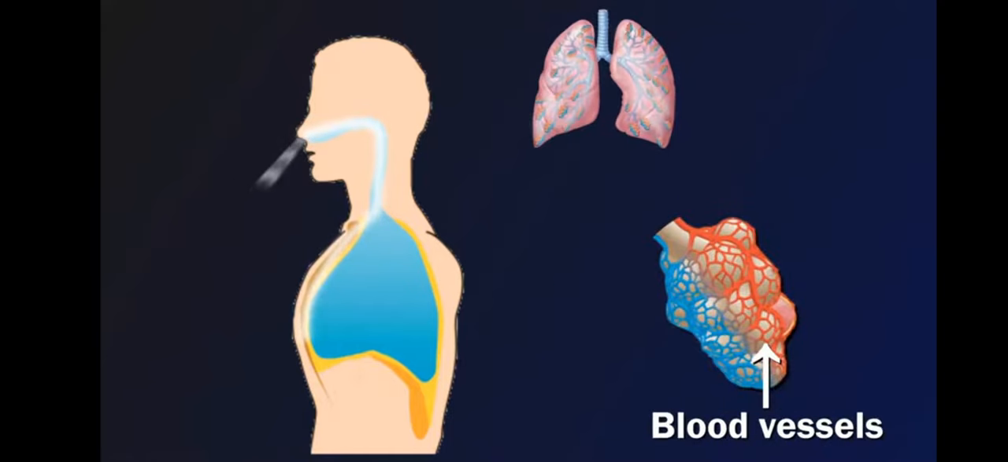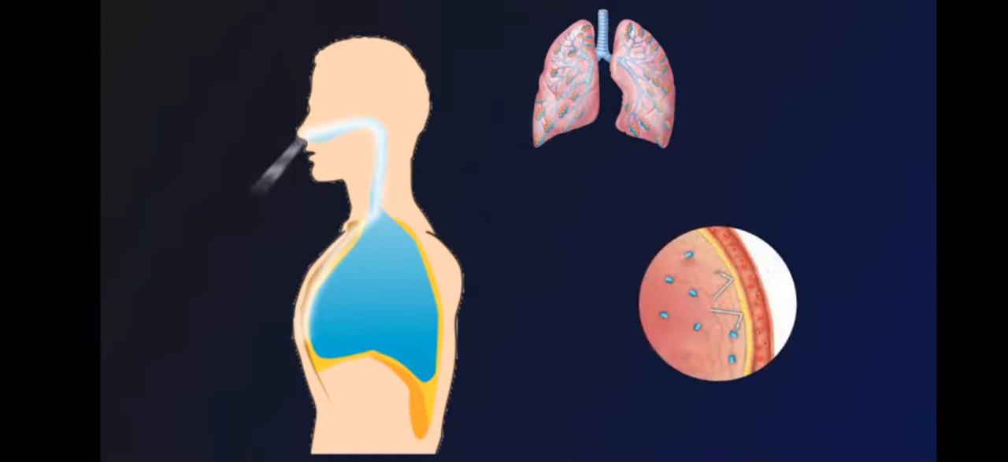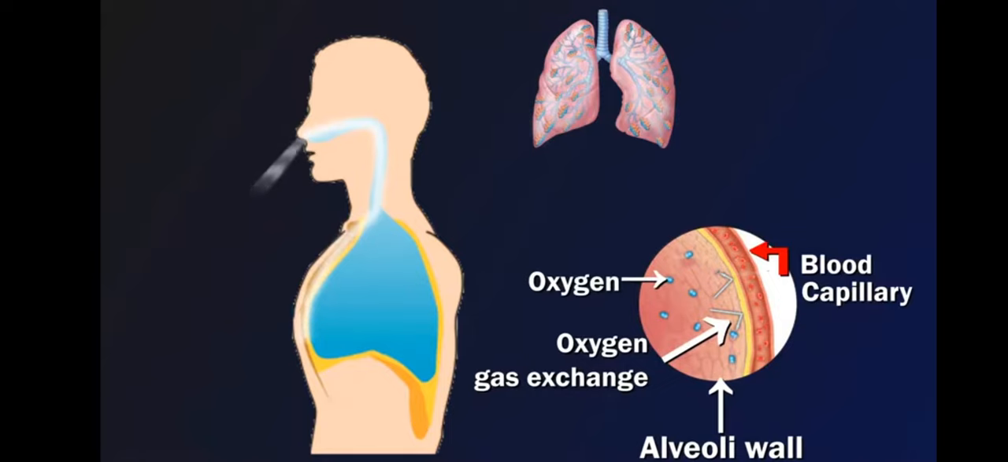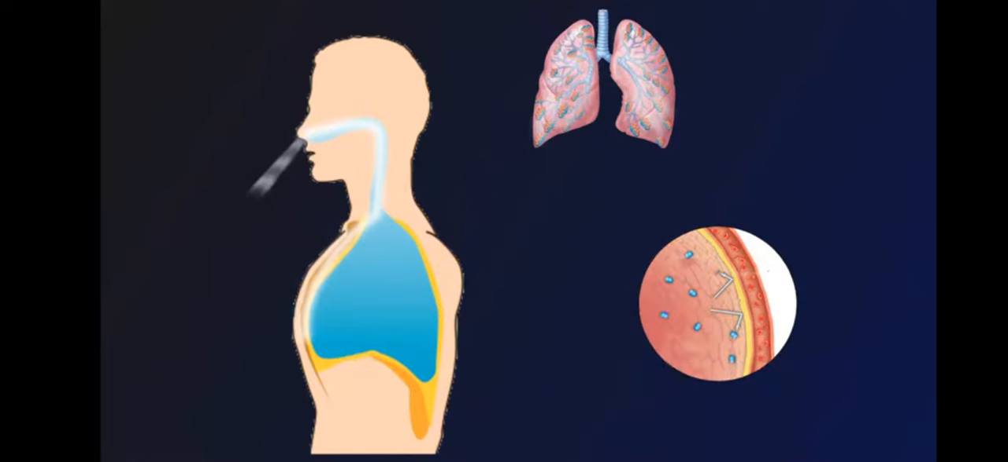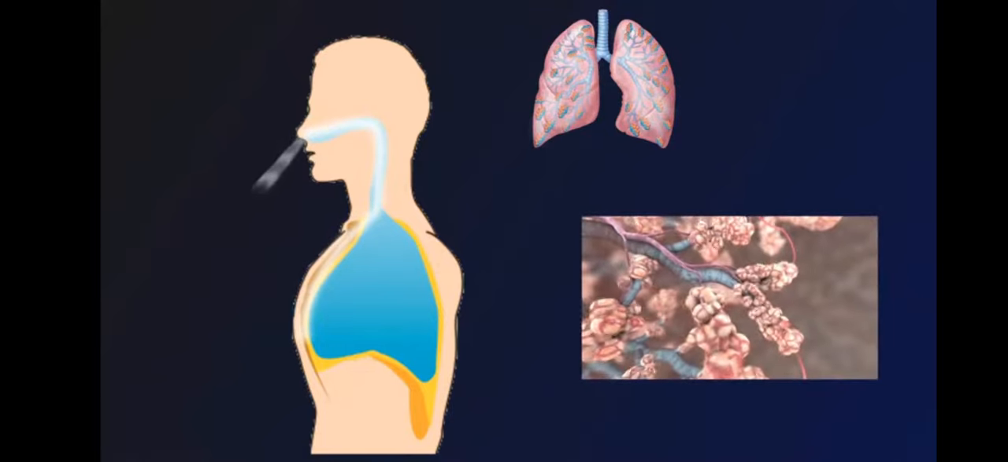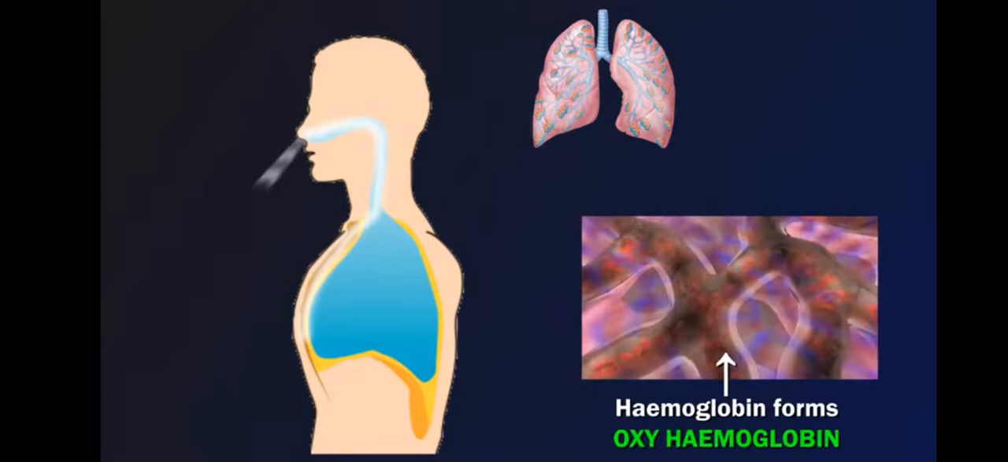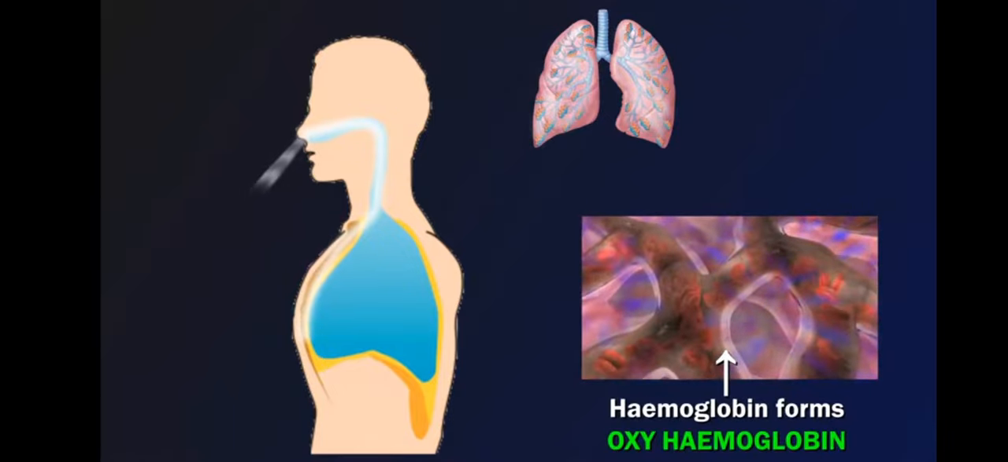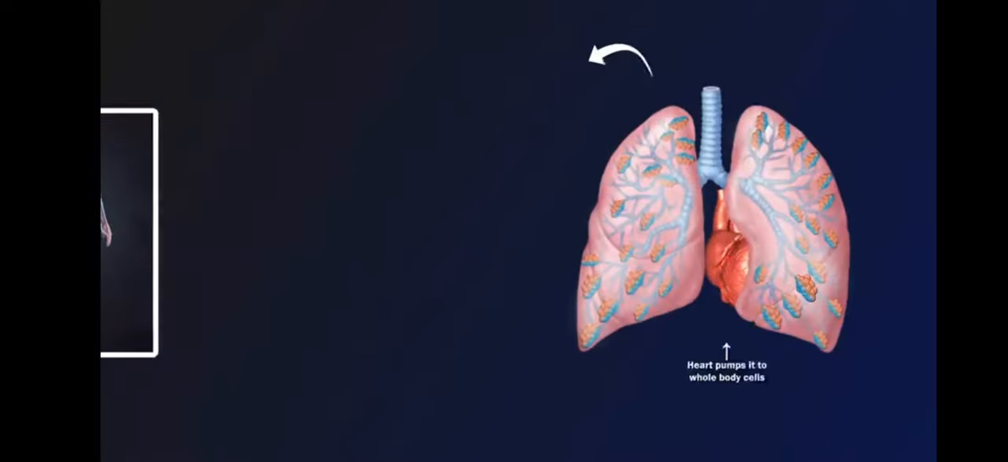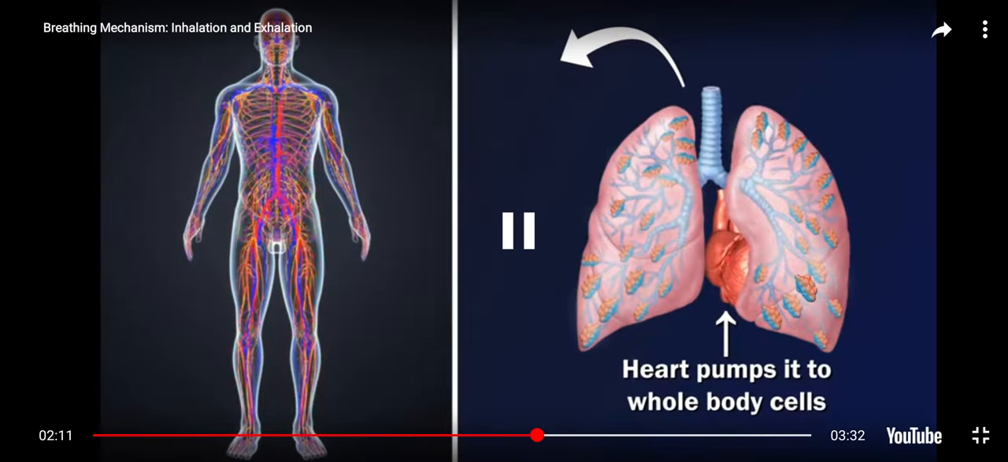Alveoli are covered with a large number of blood vessels, and due to diffusion, only oxygen gas passes into the blood vessels and all other gases stay in the alveoli. Inside the blood vessel, oxygen combines with hemoglobin present in the blood to form oxyhemoglobin. This compound then reaches the heart which pumps it to different cells in